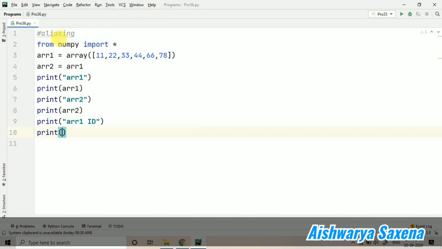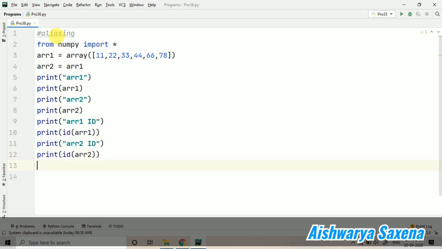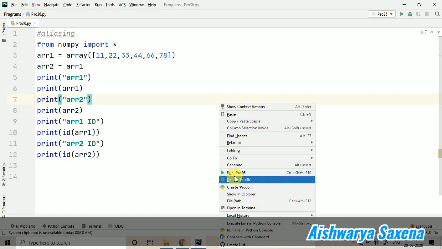Then similarly I am printing arr2 id. So this is the concept of aliasing, we just have to assign the first array to another wherever we want to copy. Let's run it and check what's the output.